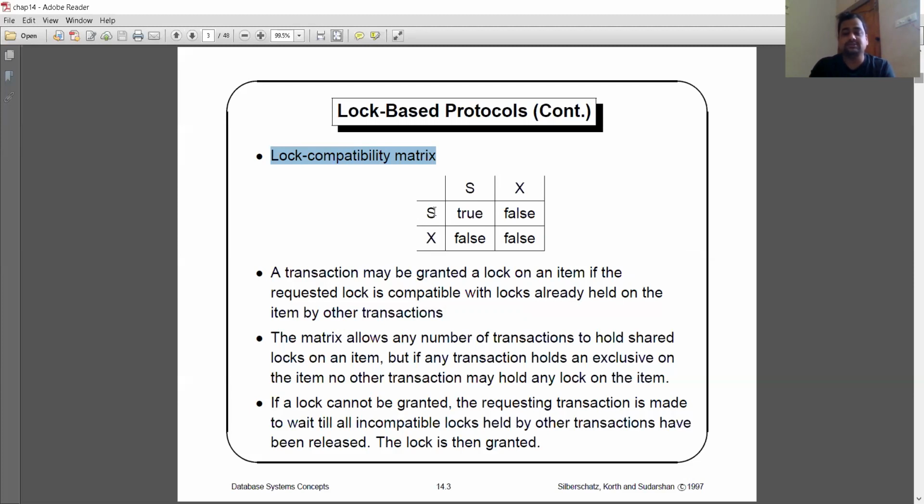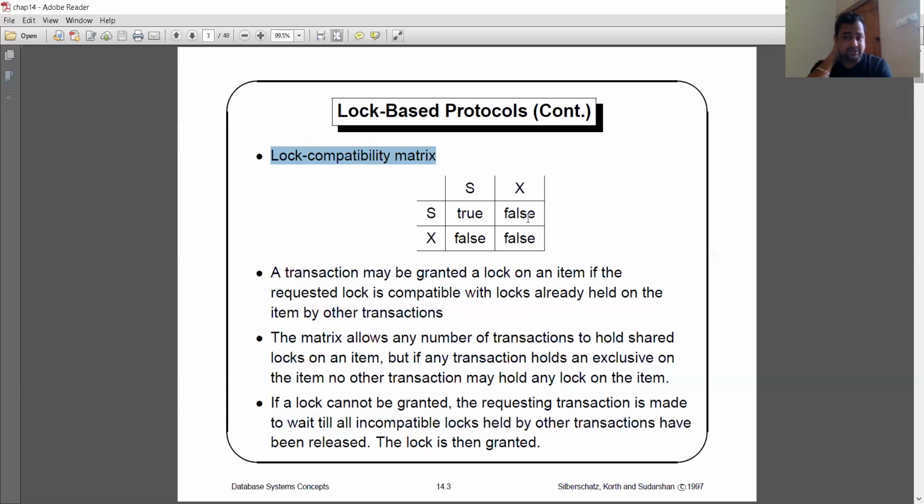But if the first is shared and the second is exclusive, the value is false. All values are false except when both are shared locks. If it is shared and exclusive, exclusive and shared, or both exclusive, the lock compatibility matrix is false. You cannot put such a lock there. It is called a compatibility matrix.